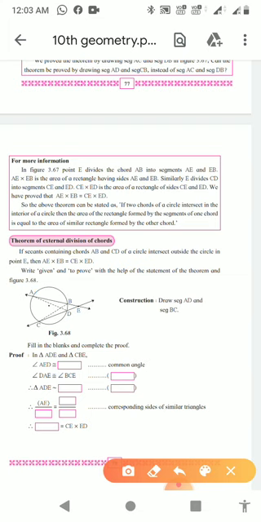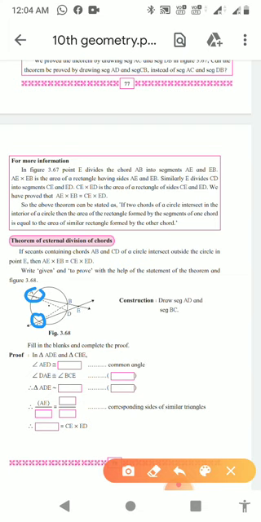In these two triangles, angle E, which is angle AED, is congruent to angle CEB. The reason is already given here: angle E is common to both triangles. Next, we can write angle DAE, in short angle A, is congruent to angle BCE. These are the two angles, angle A and angle C, in the triangles that are congruent.